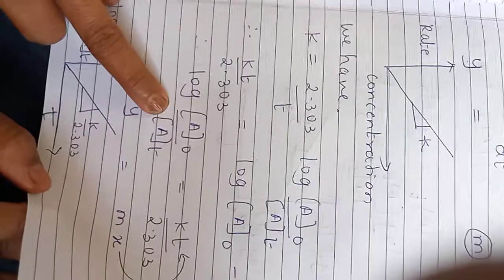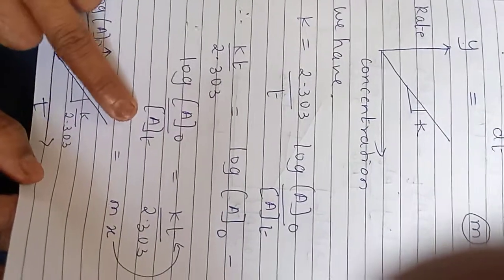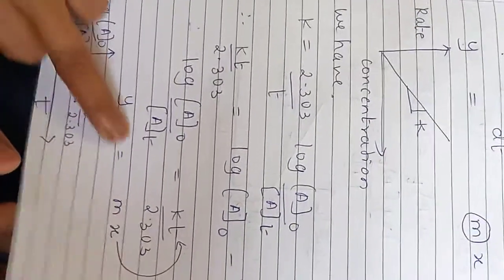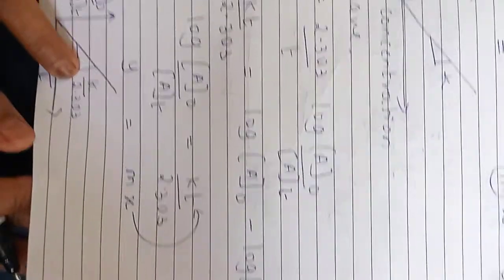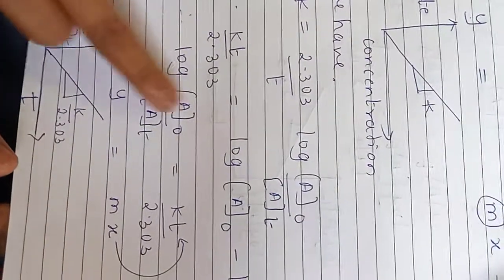कळतं? इथं आपण डायरेक्ट घेतलेलं, बघा हा फरक बघा, हे डायरेक्ट घेतलेलं तुम्ही, log of concentration of A_0 upon A_t, and therefore you got a slope, straight line passing through the origin with a slope of k upon 2.303, because you have directly plotted the ratio of A_0 upon A_t with respect to time, and therefore you have got a straight line passing through the origin.